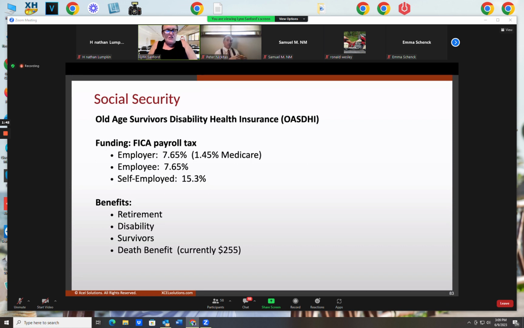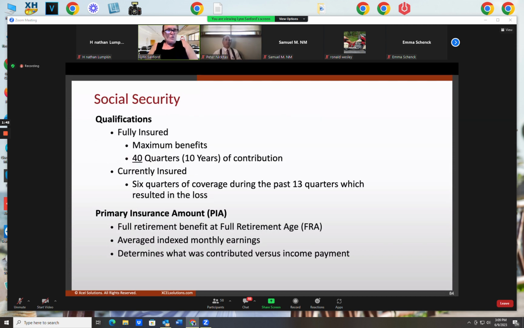Social Security offers you Social Security retirement benefits, Social Security disability benefits if you can qualify for them, survivor's benefits if you've worked long enough to be in the system to entitle you to survivor's benefits, and also a death benefit. That's a really little amount. Qualifications for Social Security. Work long enough in the workforce to reach what Social Security calls